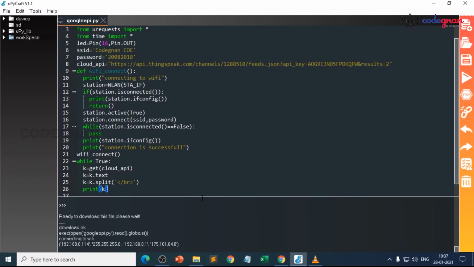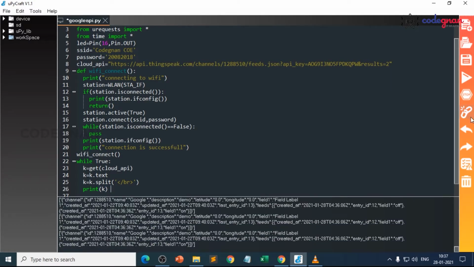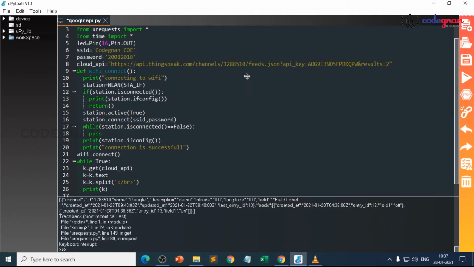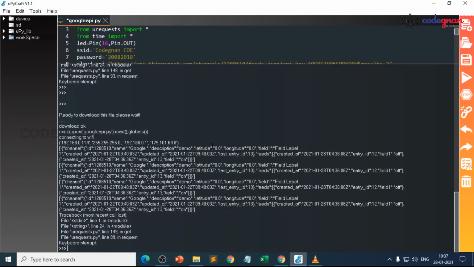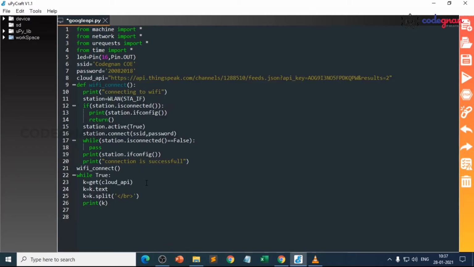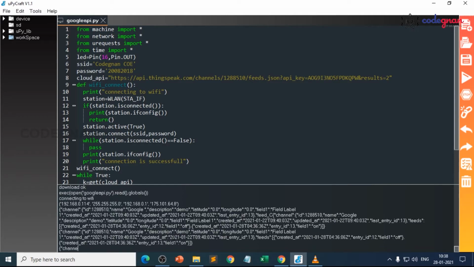Let's check what is coming here. If you see the difference between this and this, in the previous one it is the same thing here. So we just want to take this one value here, so write of 0 and now run the program here. We are getting only one field here.